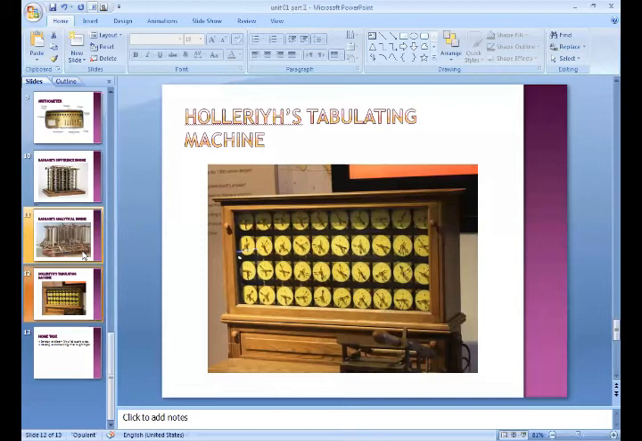Inventor Vannevar Bush, 1890 to 1974, developed a calculator for solving different equations, the differential analyzer. The machine could solve complex differential equations, compare numbers and their various relationships to each other to eliminate the